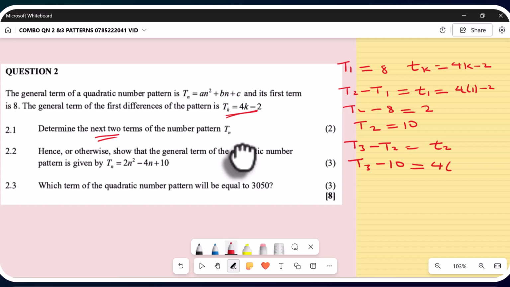They say, let's say 2n squared. Yes, so that's how we show it. Now they say, which term of the quadratic number pattern will be equal to 3050? Now that we have our Tn, let us use it and equate it to 3050. So our Tn equals 3050,